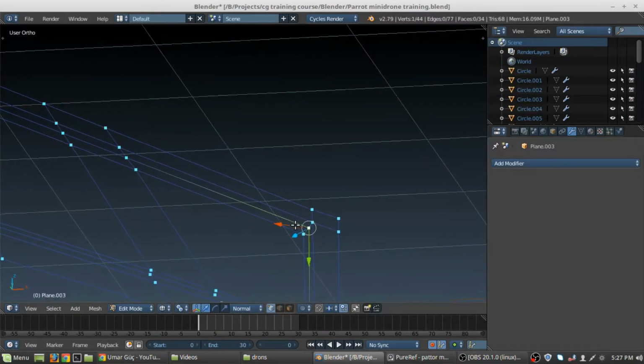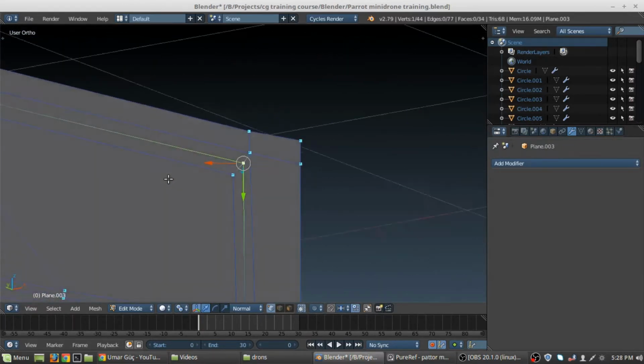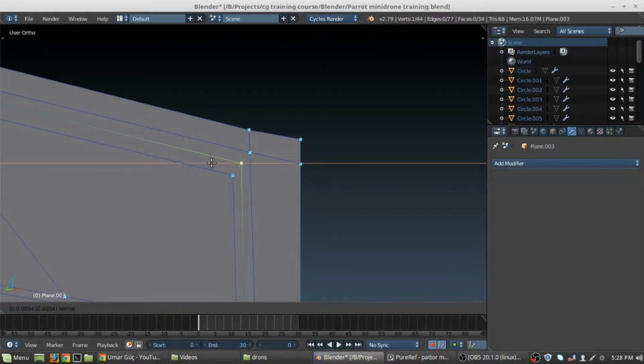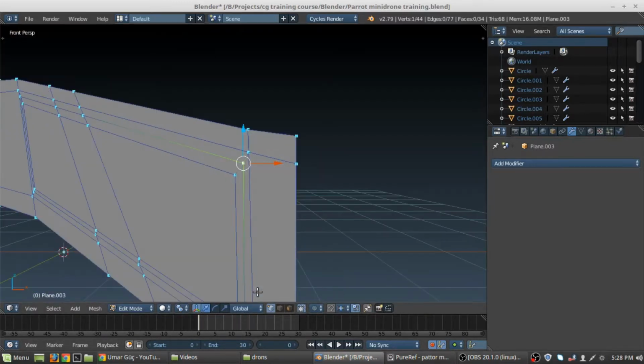And I think let's just select normal and adjust the location of this thing a bit. Okay, we'll deal with that later. Let's just go back